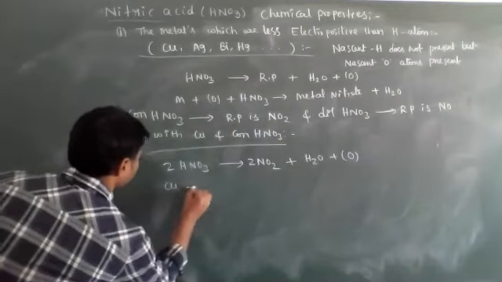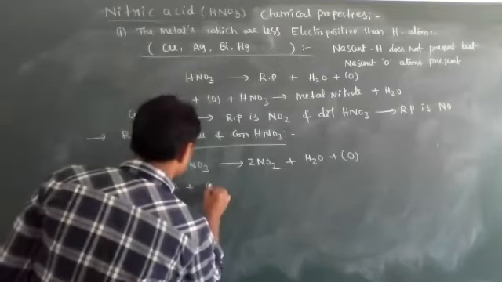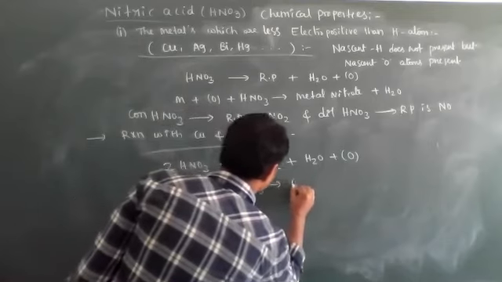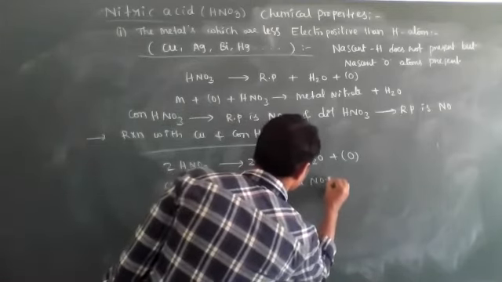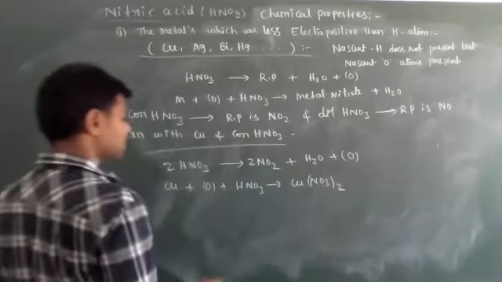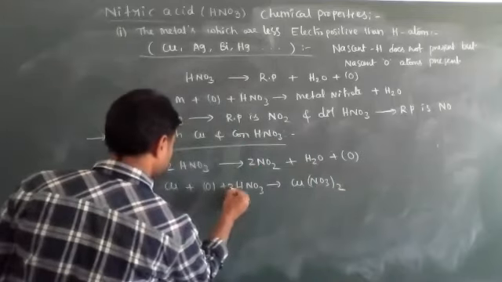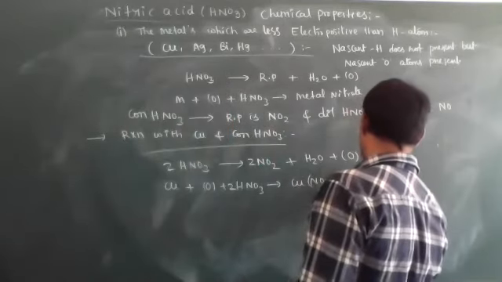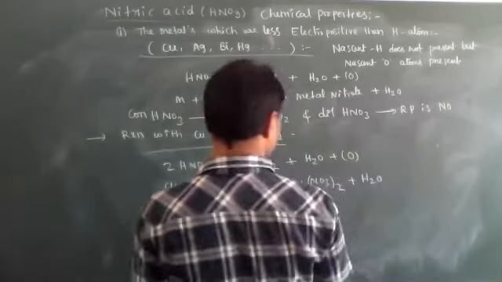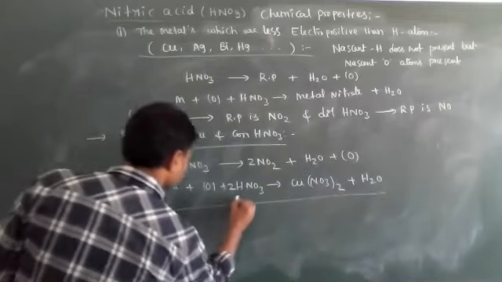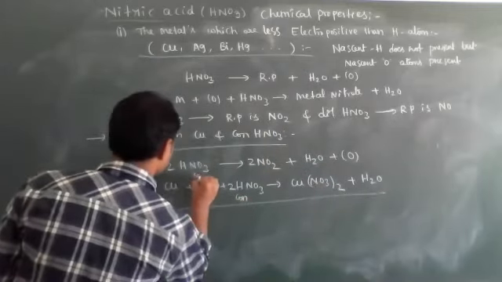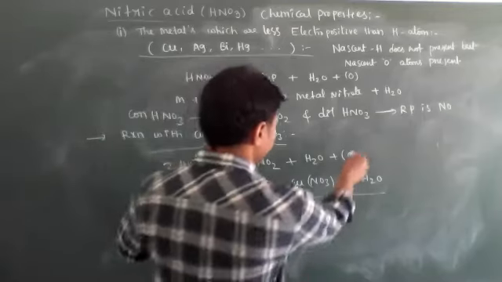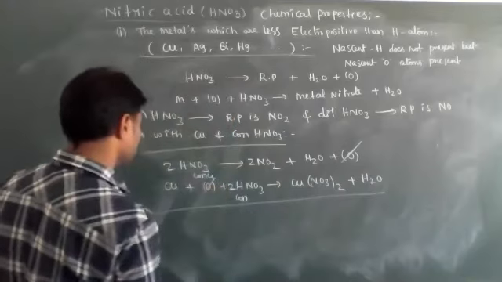Copper. Copper plus nascent oxygen plus HNO3 is converted into copper nitrate, Cu(NO3)2. See here 2 nitrate ions are required, then 2 moles. Then 2 hydrogen atoms, 1 oxygen atom converted into H2O. Now this equation, these are for the concentrated HNO3. So now 1 nascent oxygen here, 1 nascent oxygen is only present. That's why both will cancel.